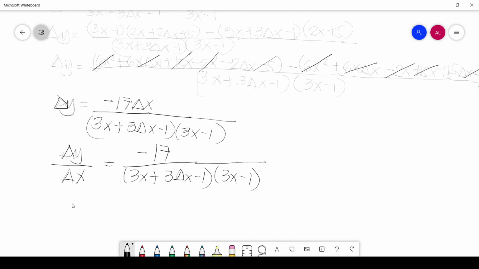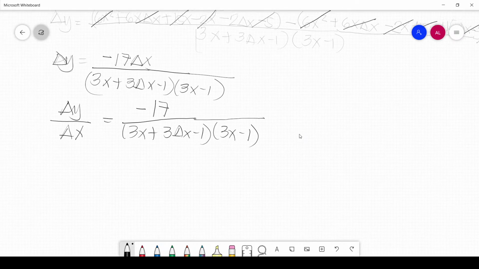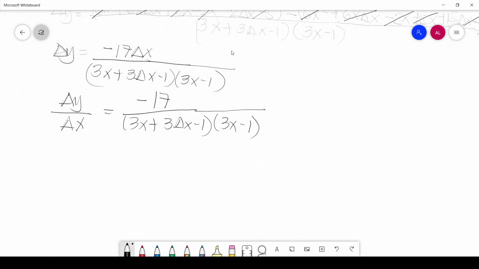So, let's proceed now to evaluation of limit of the function. Negative 17 over 3x plus 3 delta x minus 1 times 3x minus 1. So, that will be,